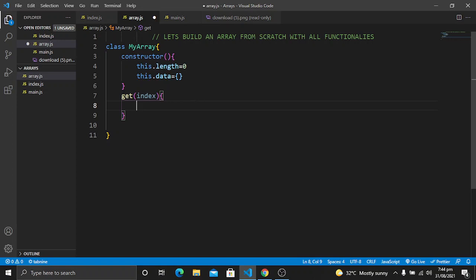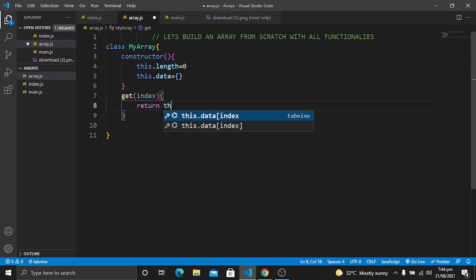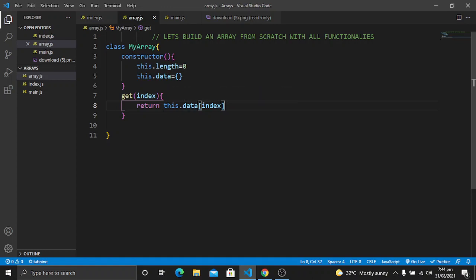If you want to get an item at a specific index, you will provide this index as an argument when you call this function, and then you will return this.data at the index. So in this data we want to return the item which has this index. For example, if we provide 4, then in this object, this.data, it will return the item which has the 4 index. So this is the purpose of this method.